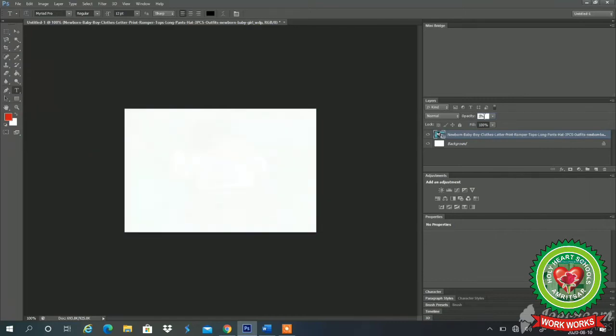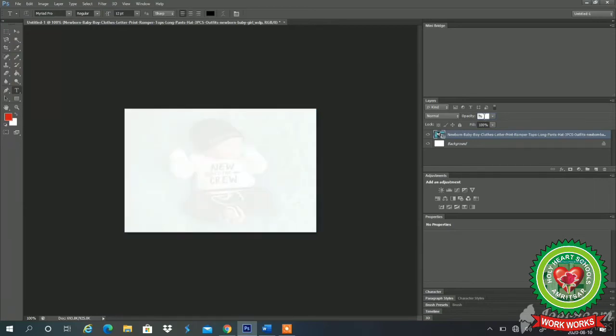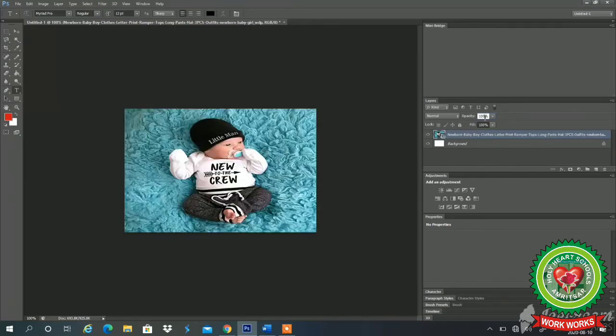Let's suppose if I change it to 20, it is more transparent. If I change it to 70, it will become a little darker. If I do it 10 only, it is like a watermark or faded image. If I make it 100, it will become my original image. This is the work of the transparency, that is, how much opacity I want. That is done with the help of this opacity box.